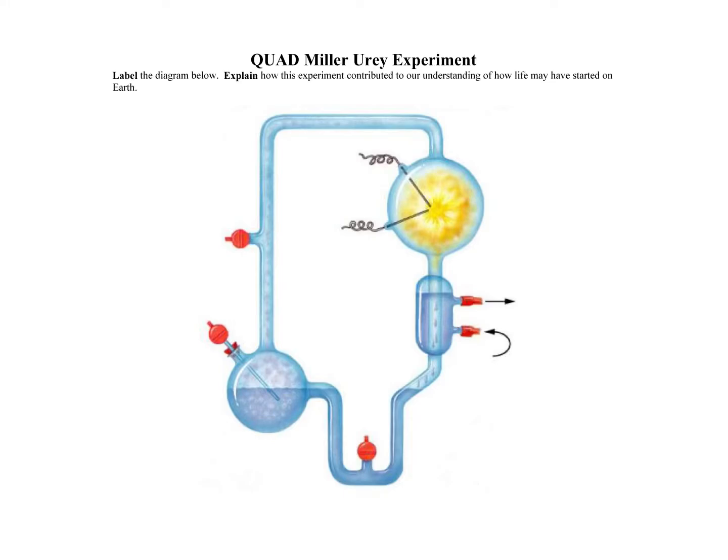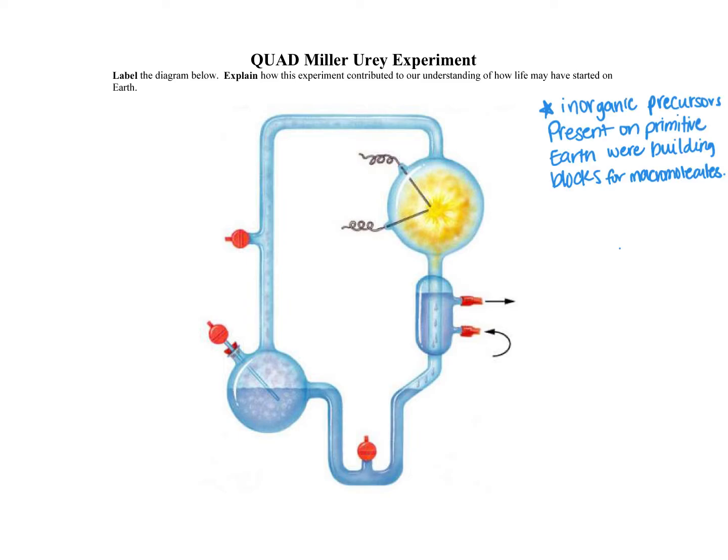Hey everyone, in this video we are going to look at the Miller-Urey experiment. The instructions say to label the diagram below and explain how this experiment contributed to our understanding of how life may have started on Earth. So the big idea about the Miller-Urey experiment was that it showed that inorganic compounds that were present on primitive Earth could be the building blocks needed to create some of the macromolecules that we see present in modern day